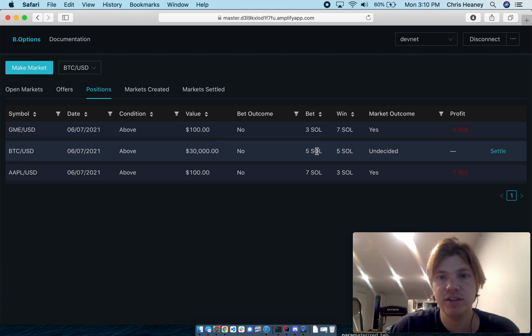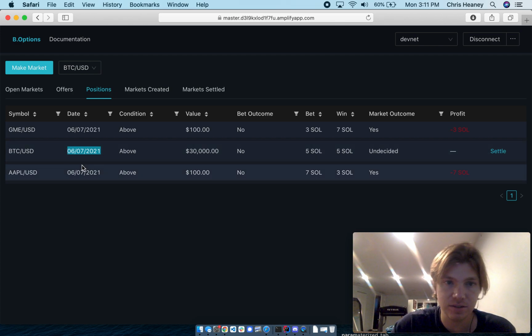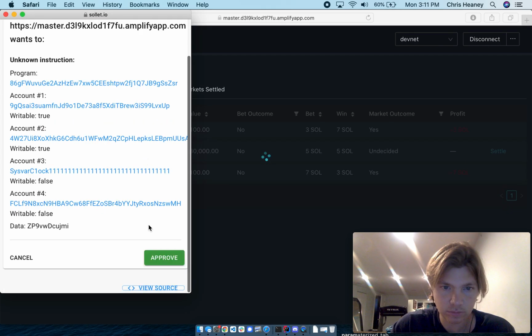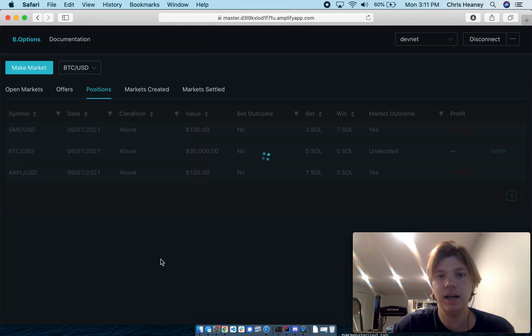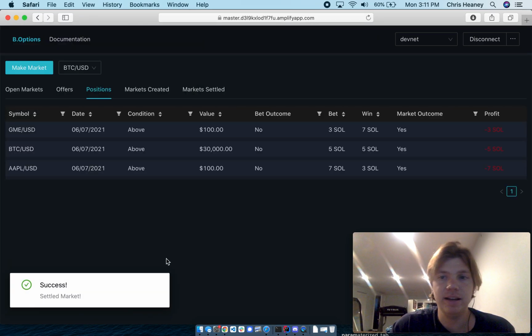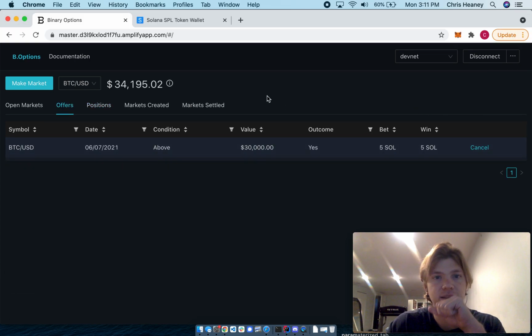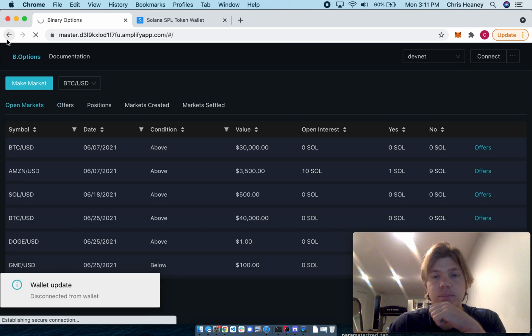So this poor trader's already lost a few SOL today, but I can go ahead and show that once a position is created, the user is going to see the opportunity to settle the market. They'll have an opportunity to settle the market if the current date is equal to or greater than the expiration date of the market. And since I made this market for June 7th, today, we see the option to settle. So this user comes in and presses settle. Because they do that, they end up losing 5 SOL. And if we go back to the other account, refresh the page,